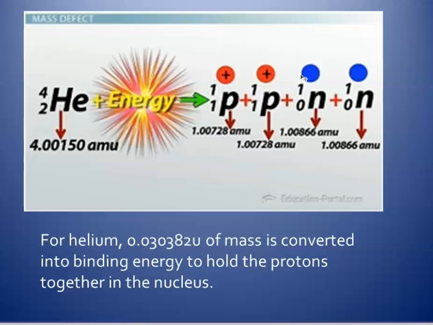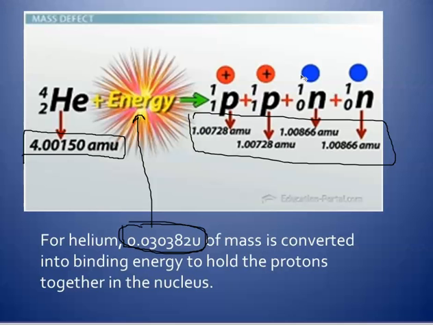Okay, so let's actually play with some numbers here. This one is helium. And so for helium, we have 0.030382 atomic units of mass that are converted into binding energy. So we could put that number right in here, and then our math will work. The 4.00150 plus the binding energy is equal to the sum of the parts,